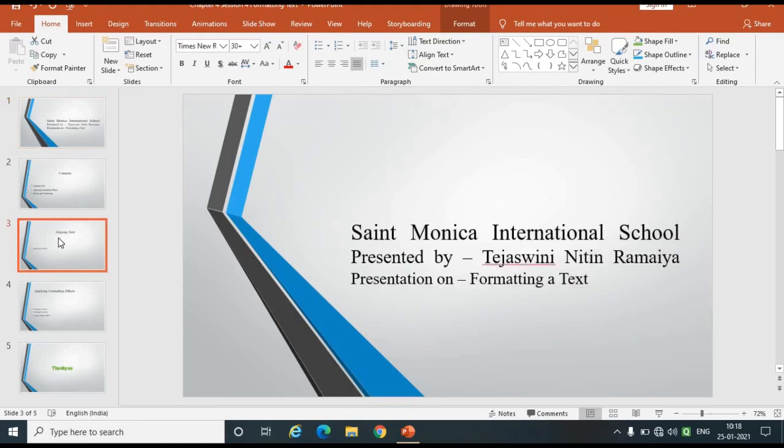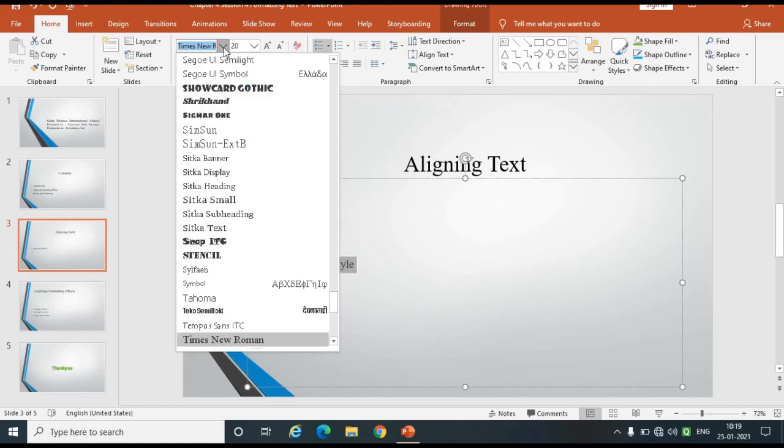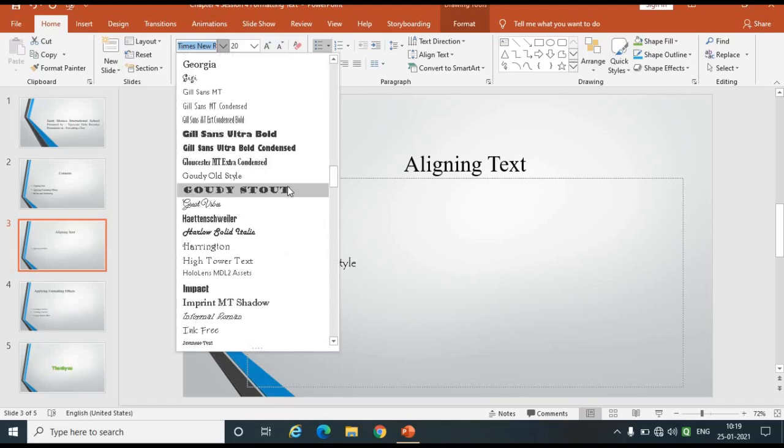Now in aligning text there is one more option, that is applying a font style. How to apply a font style on our text? First you have to select the text. After selecting it, on the Home tab in the Font group, there are many varieties of font style. Whichever font you want, you can select it from here.